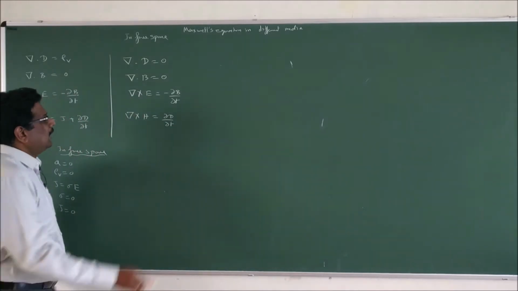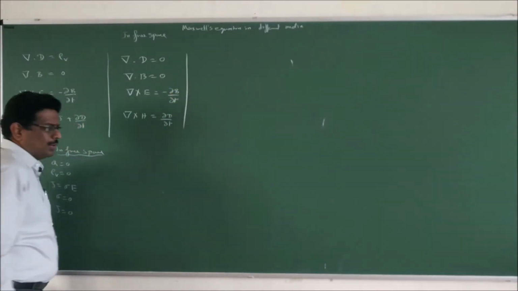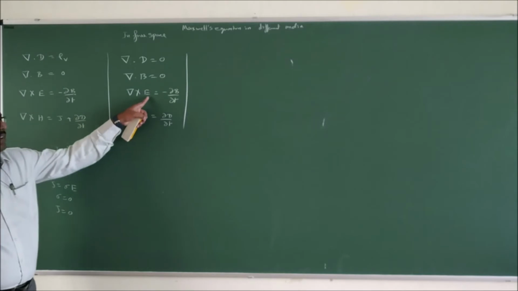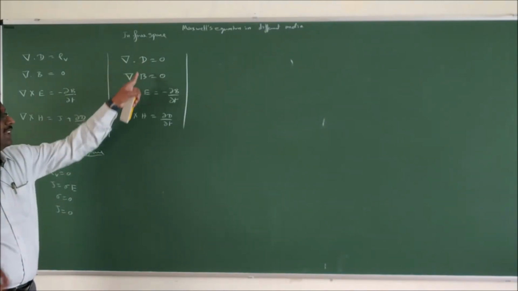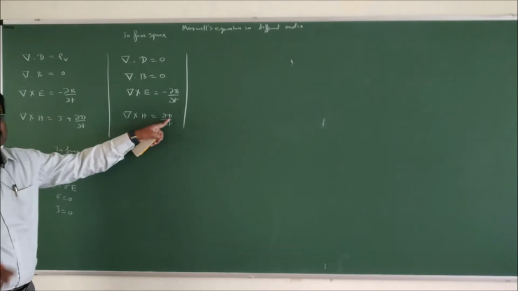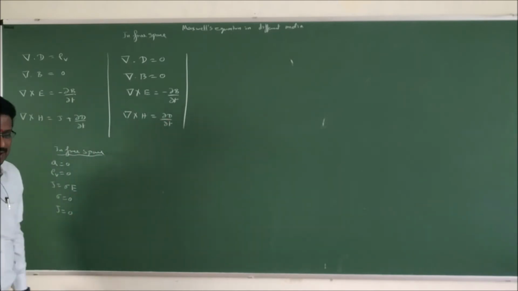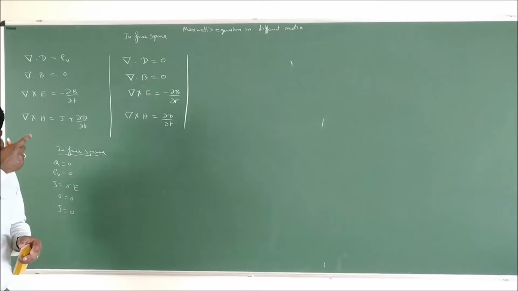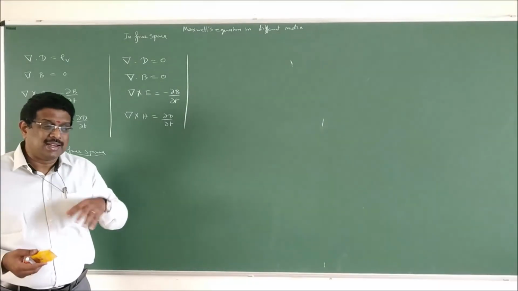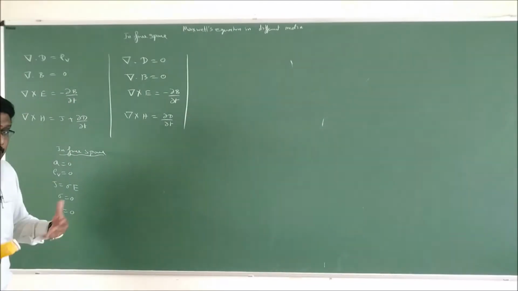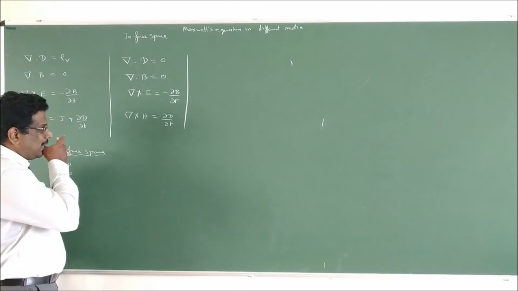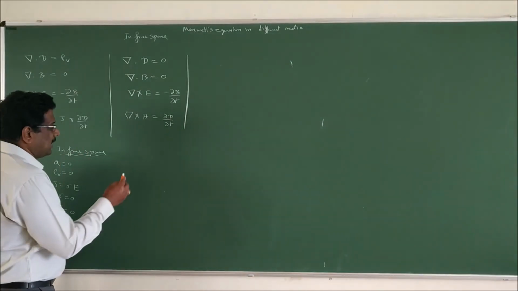Some more modification I am going to do. What is this E? Field intensity. What is this D? Flux density. Field intensity, flux density. I don't like calling them in the same equation, intensity as well as density. Intensity is nothing but strength. Density is nothing but crowdedness, congestion, population, I can say. So why can't we modify one in terms of free space?